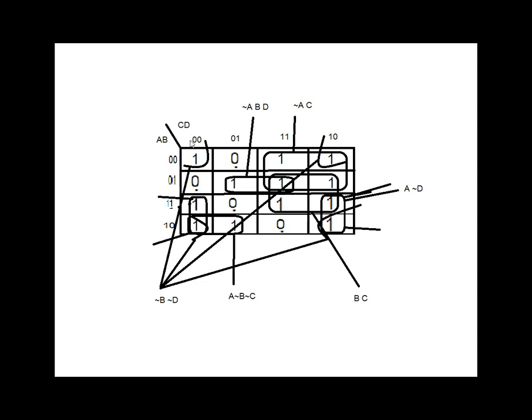And here, the 0, 0, that means negation of C. But D is changing, so we don't have that one. Here also, negation of A, B, D. If you see this one, and if you see these two, the same as I have written in the entire K-map, and if you add these things, we will get the expression out of this, and we can easily connect all our things.